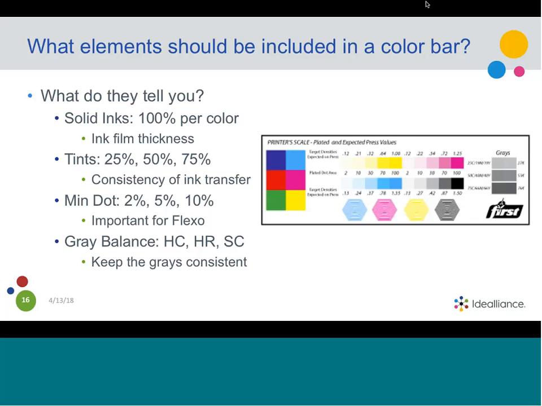Also, the overprints are nice to have too, which are the solid cyan and magenta to create the blue overprint, magenta and yellow to create the red overprint, and cyan and yellow to create the green overprint. Because as the ink film thickness changes, you will see a change in the red, green, and blue overprint, so you can wind up with blue sky that is purple in the case of too much magenta, that kind of